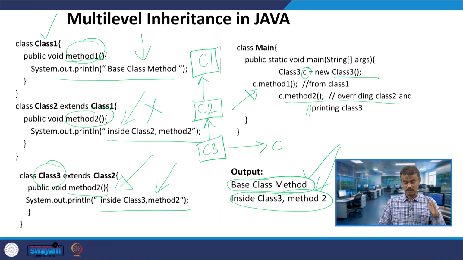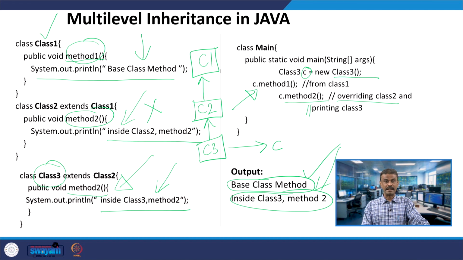In fact, this is an example of multi-level inheritance in Java. You have a base class or super class C1, and you have subclass C2. That means C2 is inheriting the properties of C1, and similarly C3 is inheriting the properties of C2.